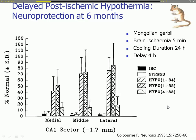is clinically relevant times. And what we're looking at here is essentially percentage of normal neurons in the CA1 hippocampal area at 6 months. So it's unusual that they're looking at these animals way down the line. And I think you can see fairly clearly, and you can argue all about the fact this is animal data, it's rats, etc., etc. But if you look very closely, clearly there's a huge difference between onset of cooling at 1 hour and then 4 hours. So by the time you get a 4-hour delay, it's not nearly as protective